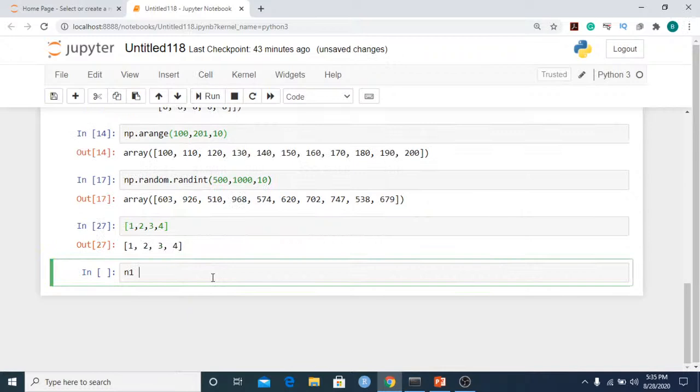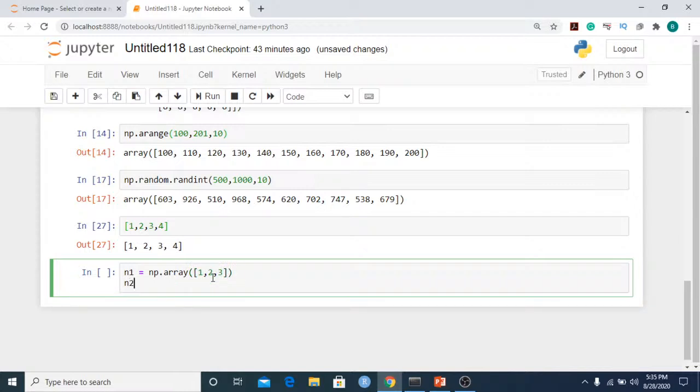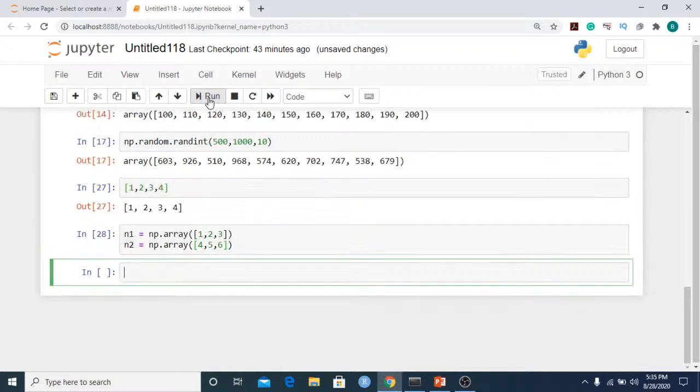I'll just create two NumPy arrays here. n1 is equal to np.array. Inside this, in my first NumPy array, I'll have the values 1, 2, and 3, and in n2 I will have the values 4, 5, and 6. So now that I have created these two NumPy arrays,